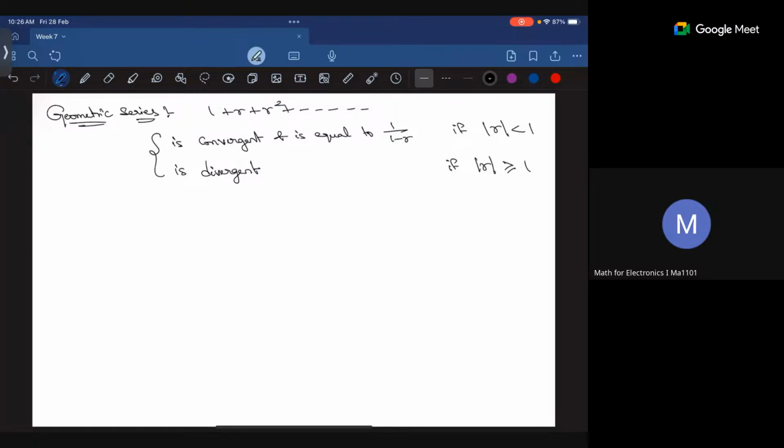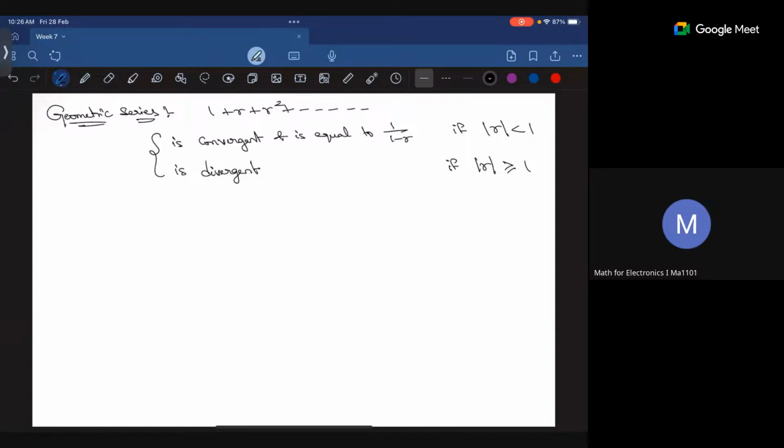Okay. So that is about the geometric series. So even the geometric series is not always a convergent series. It depends on the common ratio r. Okay. So any doubt so far? No, sir. So all I talked about is the geometric series. Okay. So now